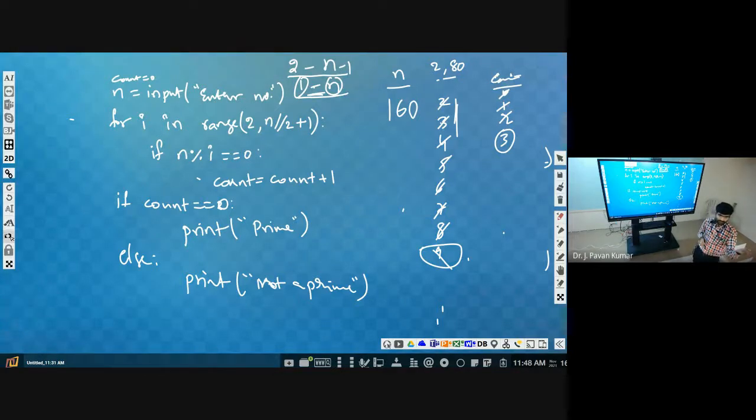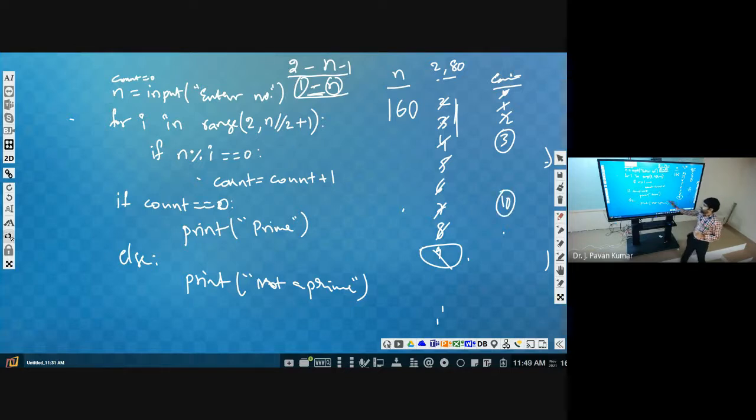Next after 20, 22? Is 22 a factor or not? 22 is not a factor. Okay, next 32, next 40, 80. Then that's it. So we will get at least 10 factors, right? So count will become 10.